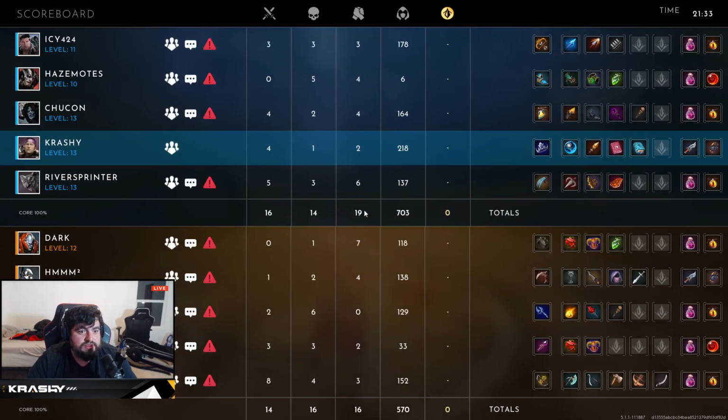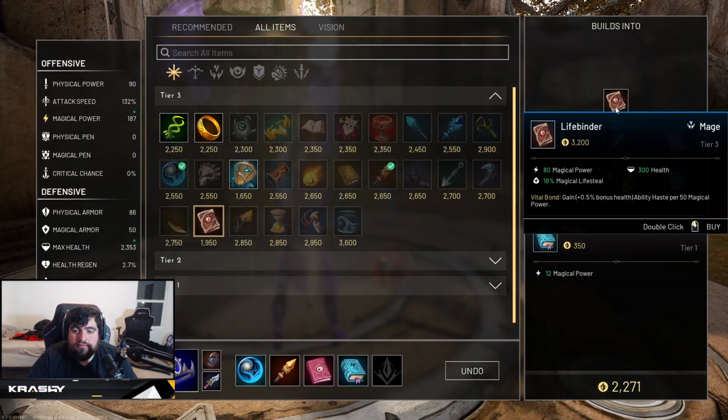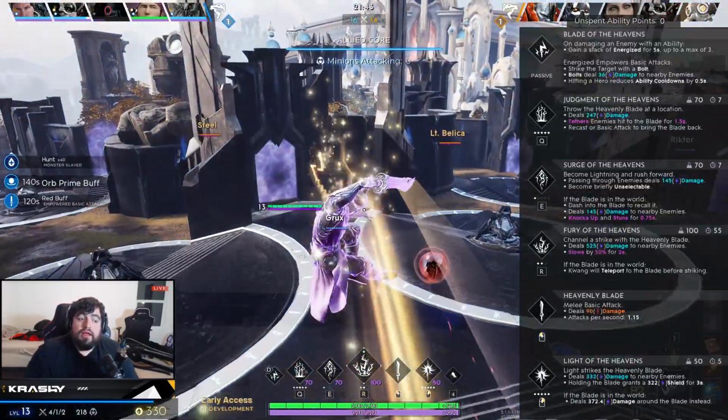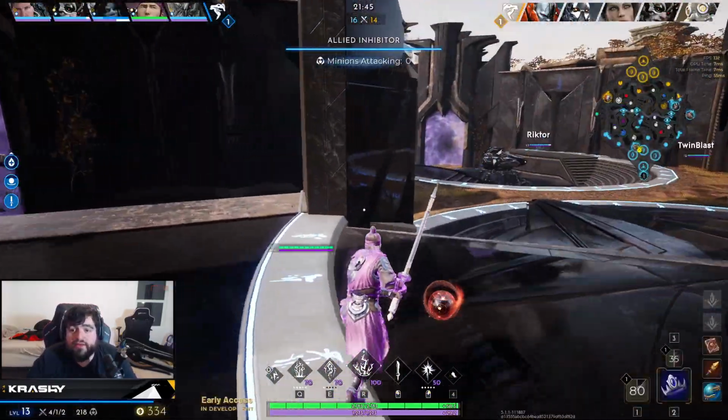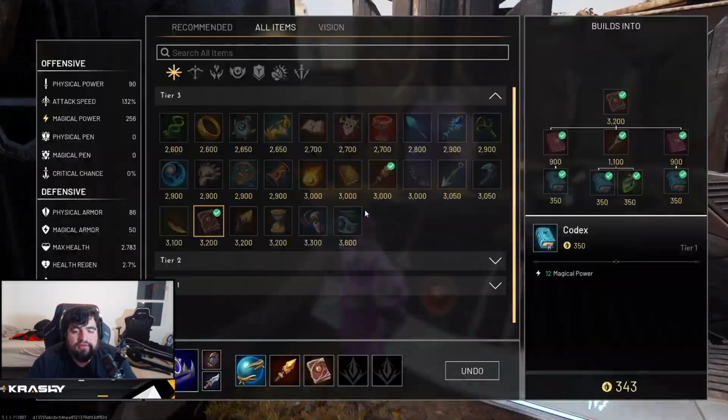We're a farming god this game. It's just kind of the way it's played out. All right, Life Binder. We're going to finish that up. And I can push a little bit. I really can. Like, 3 of us still have the buff on us, so...